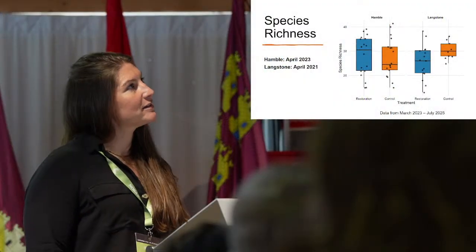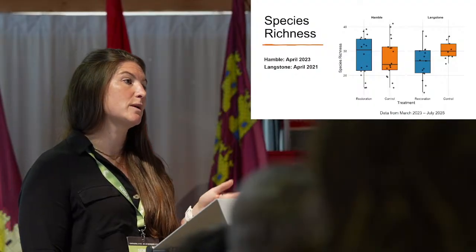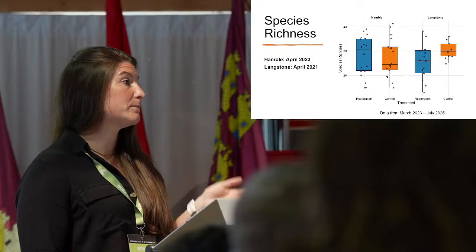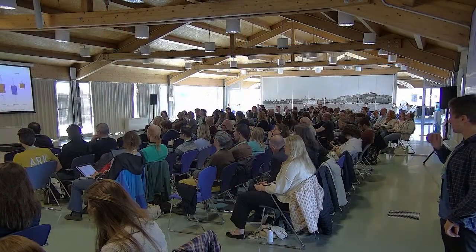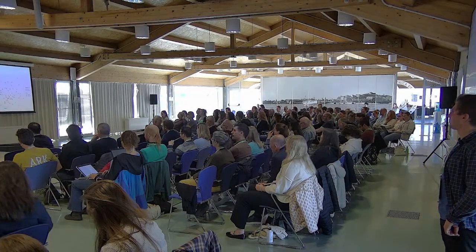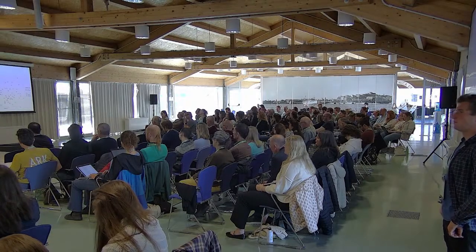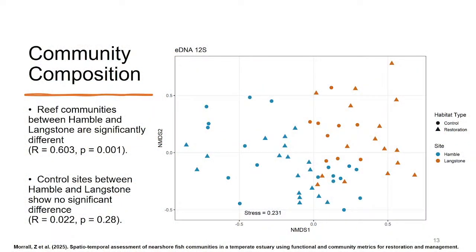However, we've got the reverse of that at our Langston site. However, as Barney will allude to on Thursday, this site went missing, for want of better words, and this data was taken from March of 2023 when we started to... blue, the blue points are handball controls, and the orange is Langston, with the circles being control and the triangles